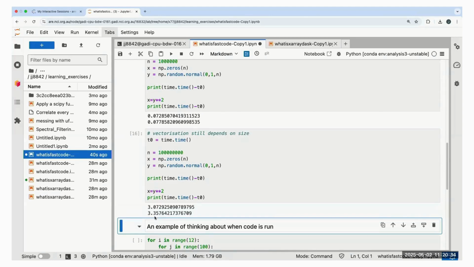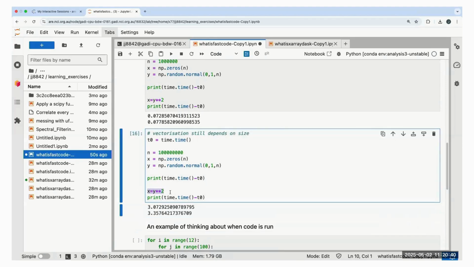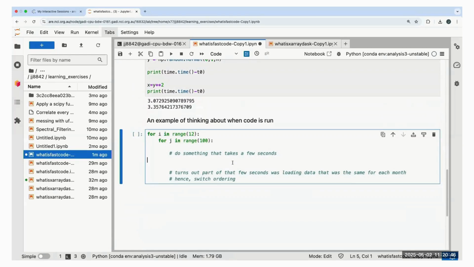So now we're getting 0.3 instead of 0.0 something or other. So vectorization sums still take time. They just take less time. And the last point I want to touch on when thinking about code running fast is I had something I